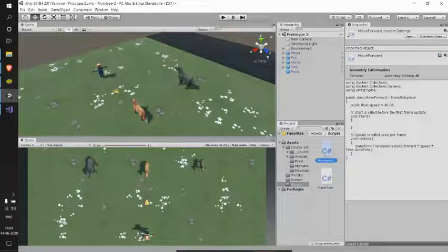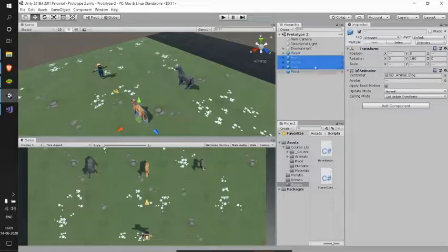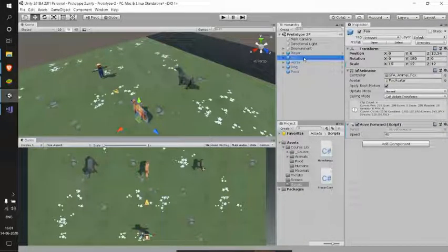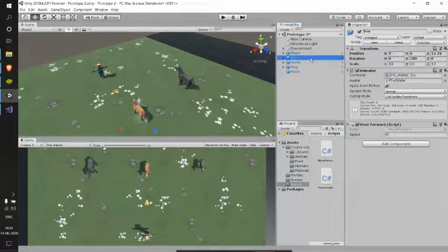So let me check that. Let me select my fox, and holding shift I'll select my dog, so that I select all three. Here I'll drag and drop my move forward script so that it is attached to each animal. Now let me adjust my values.